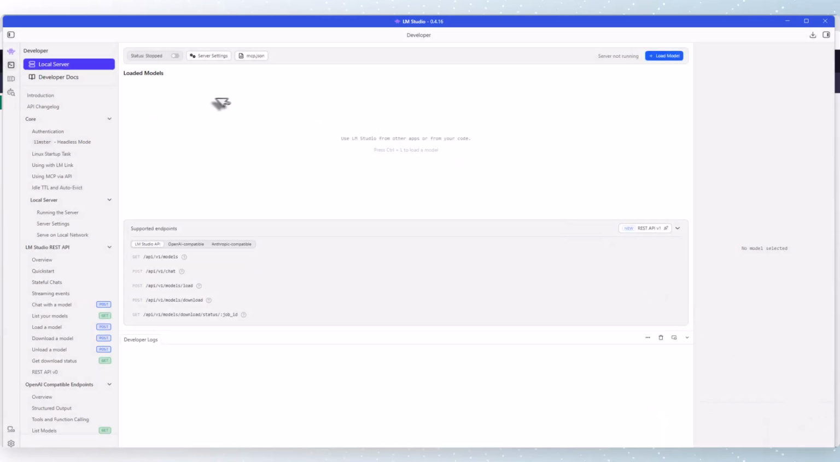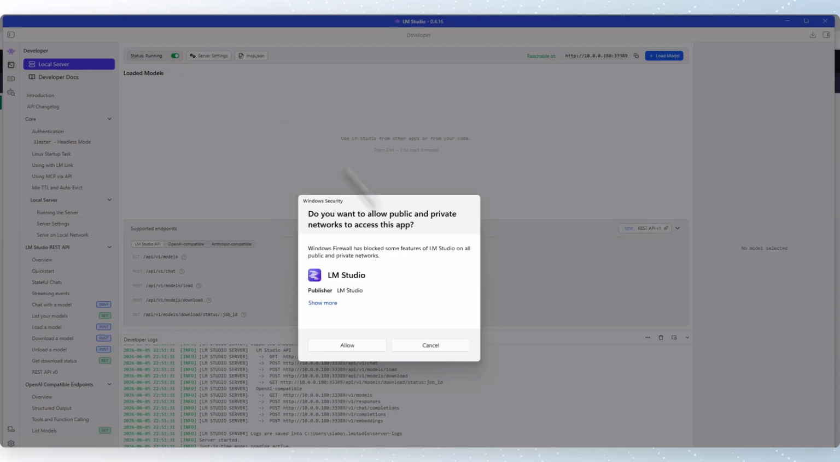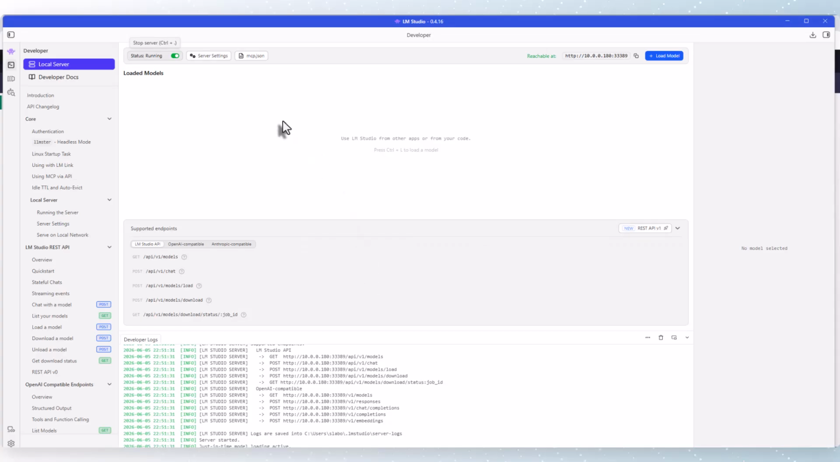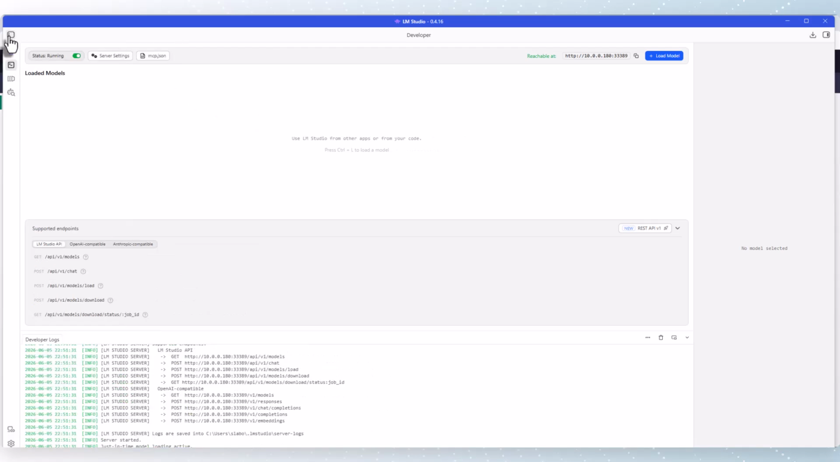Great. Now that we've got our server set up, we got our MCP set up, we're going to turn our server on. If you get something around here of your firewall, allow it, because it's acting as a server. It needs the network access. Now from here, we can go to